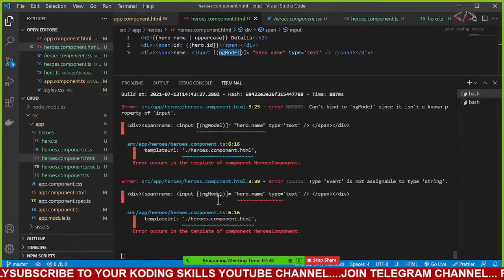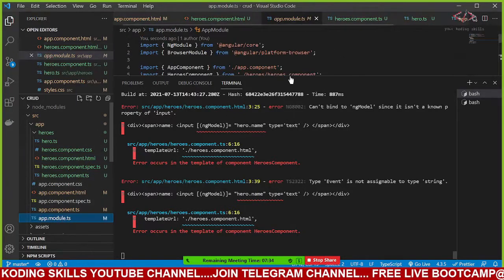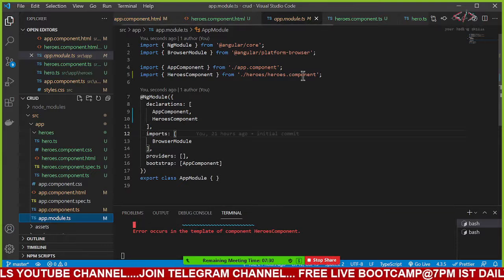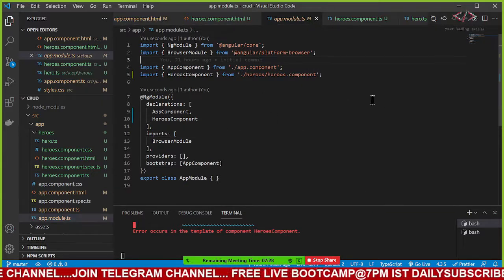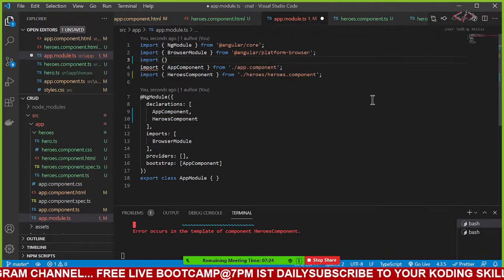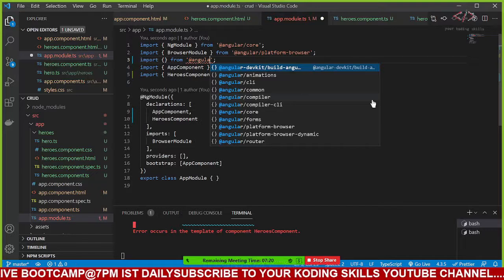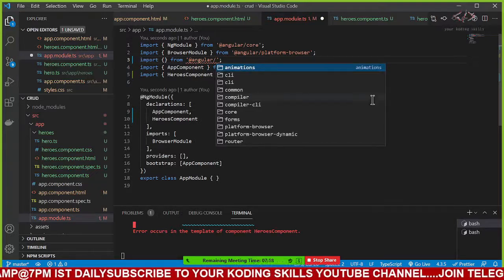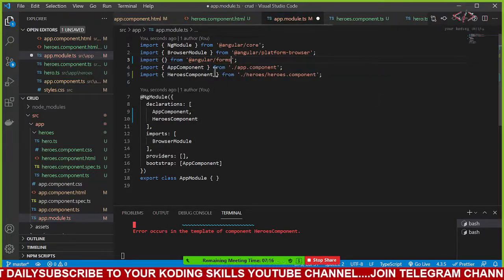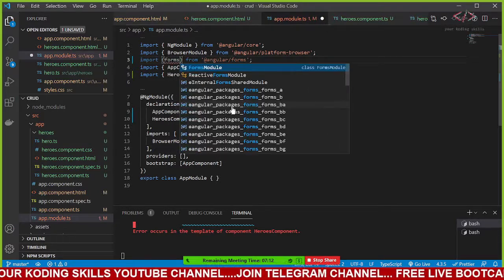It means you have to go to your app.module.ts, and here we have something called import from @angular/forms. From here we need to take something called FormsModule.